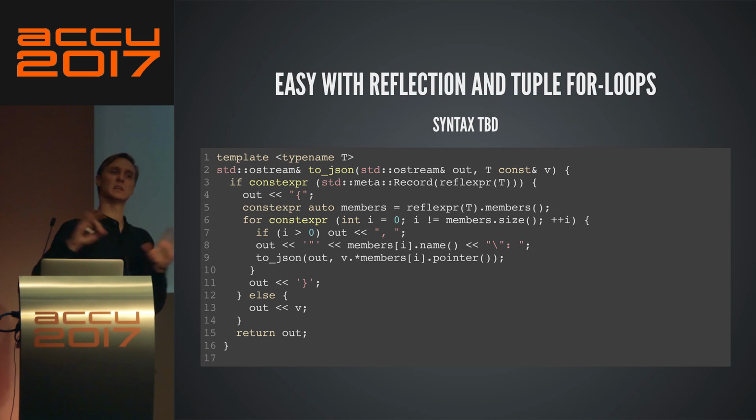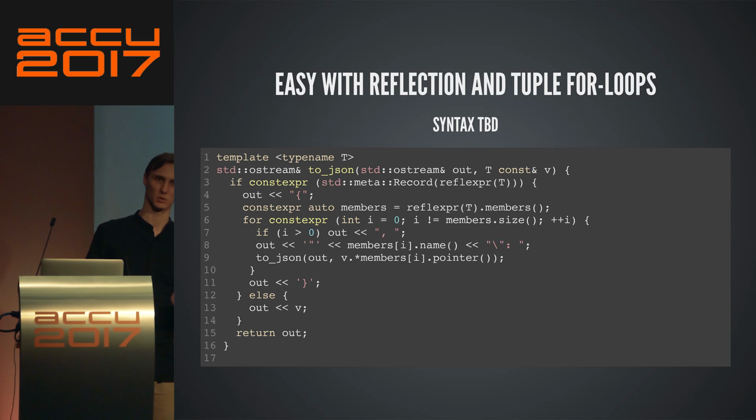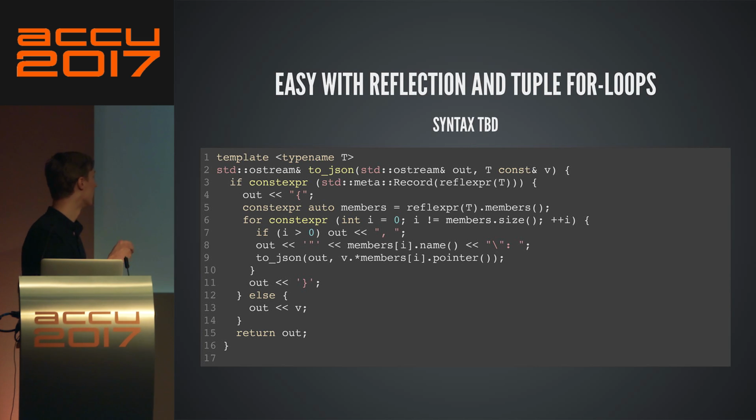which returns a sequence of objects that represent the members. So from that thing, you can retrieve the name of a member in the class. You can retrieve a member pointer to that member in the class, and so on. And then some way of iterating at compile time on these objects, or just having a kind of constexpr. Basically, I here is a constant expression, which means that you can use it to index into that constexpr sequence.